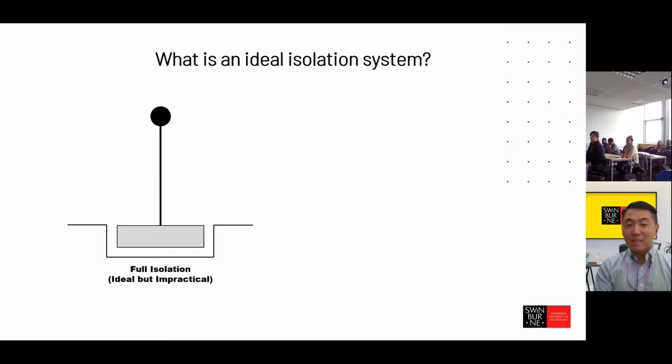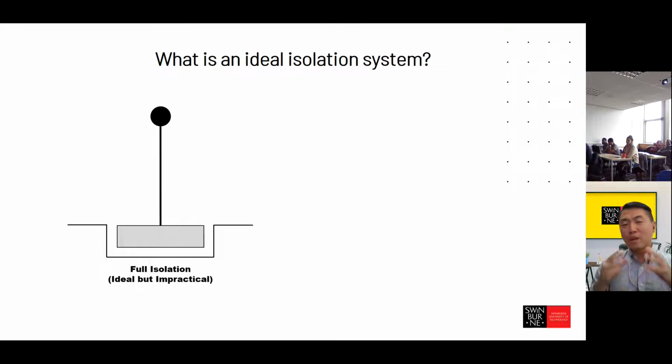But as I wrote there, it is impractical, right? But I won't say that it is impossible, because there must be technologies that can make it happen. For example, people are talking about magnetic levitation, right? So we can build Hyperloop that is actually based on this kind of isolation concept. But of course, if it is applied to a building, that would be considered very impractical, at least for now,